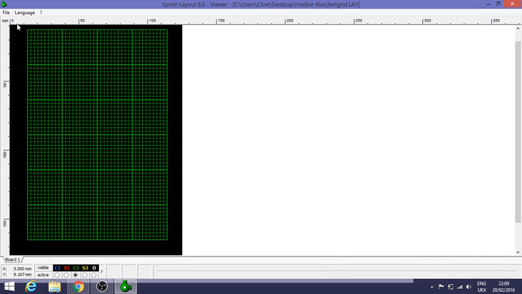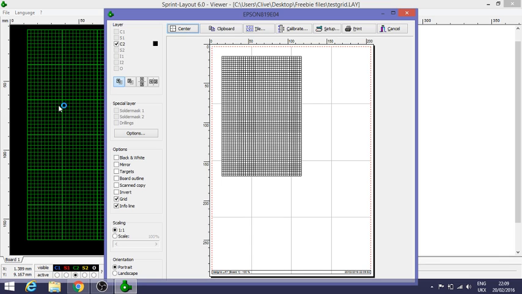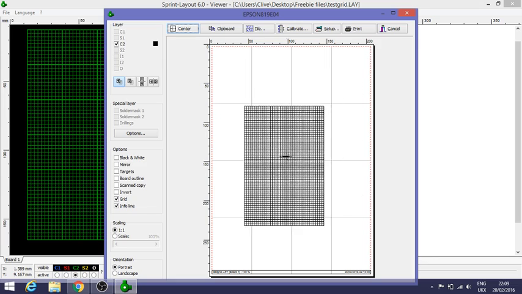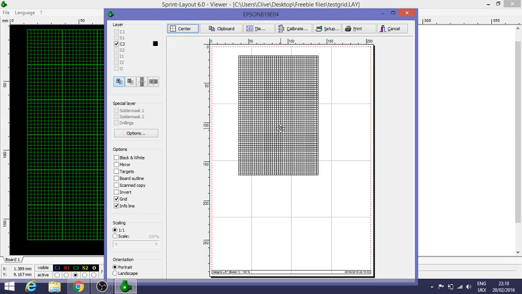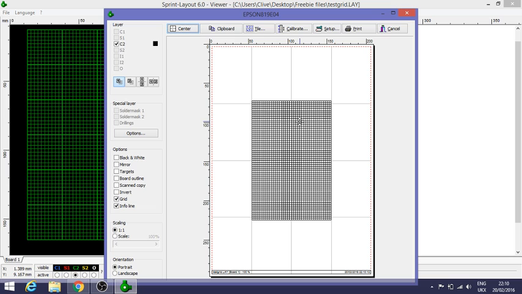But if you want to print it off, go up to the File box again and select Print. When you select Print, you get how it's going to appear on the page when you print it out. And you can drag this anywhere. You can just click and grab it and pull it about anywhere, which is quite good because it lets you optimize the more expensive printing films if you use fairly specialized printing materials. If you click Center up here, it will just automatically center it in the middle of the frame, which is